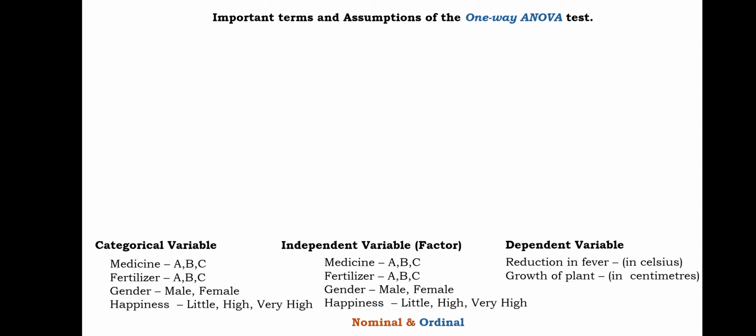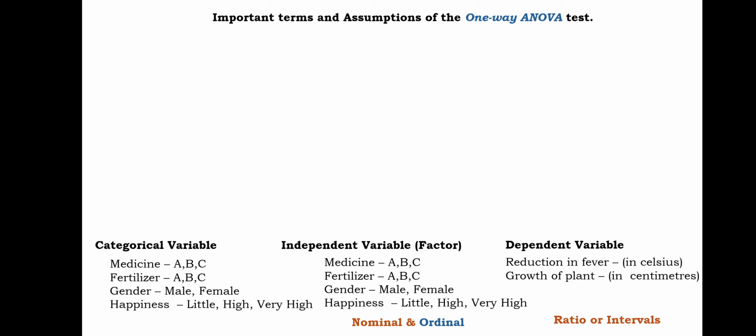Now let's look at this. In medicine A, B, and C, if we change the composition of the medicine, it can have an effect on the reduction in fever of a person. And if we change fertilizer from A to B to C, it can have an effect on the growth of a plant in centimeters. Now, why there was a need to show Celsius and centimeter is because